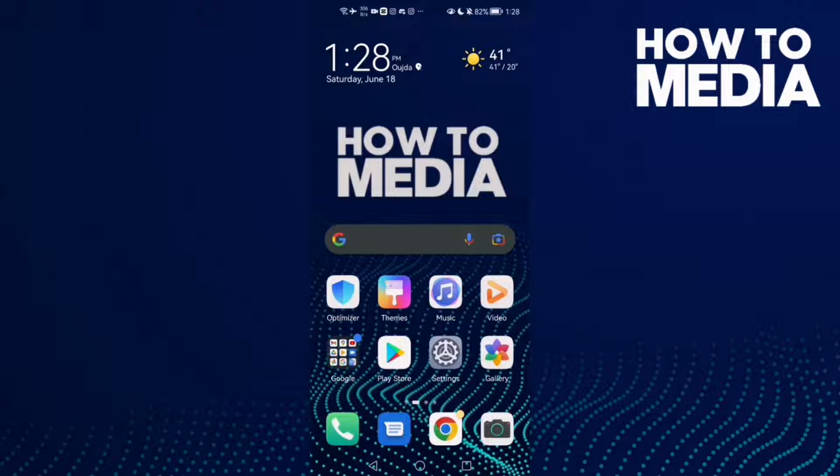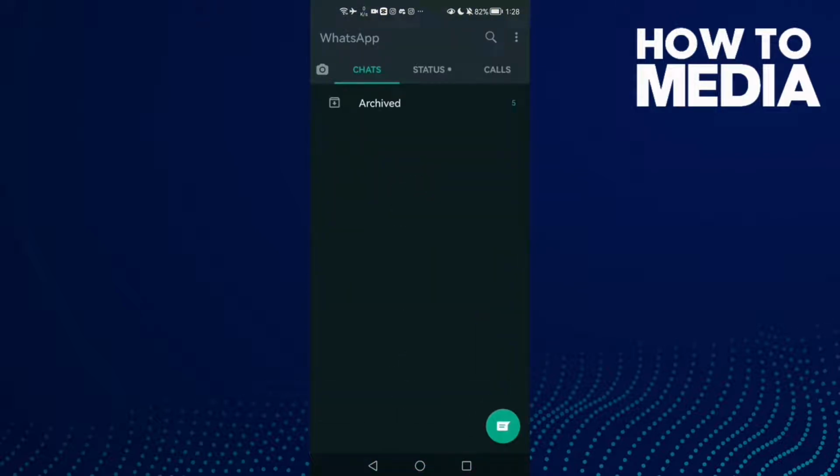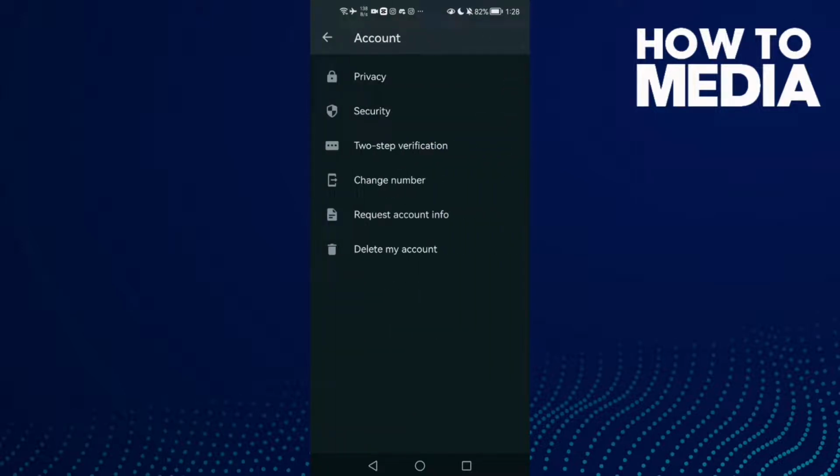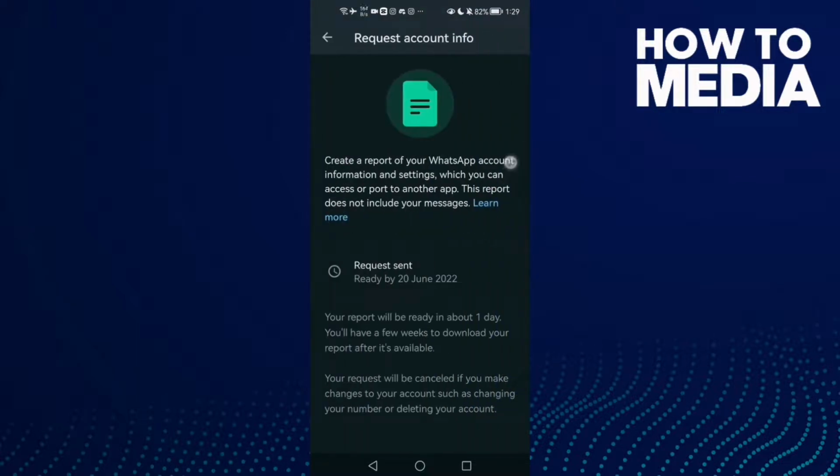Hello guys, in today's video I'm gonna show you how to request your account info on WhatsApp. First thing, go to WhatsApp and here you will find these 3 points in top, and then click settings, and here you will find this one, account, and then just click this one, request account info, and here you will find here you can request it,